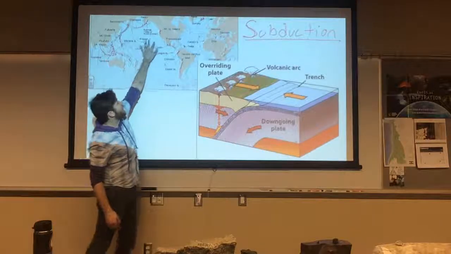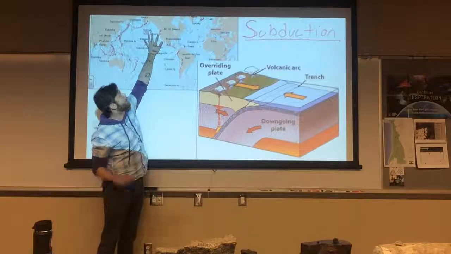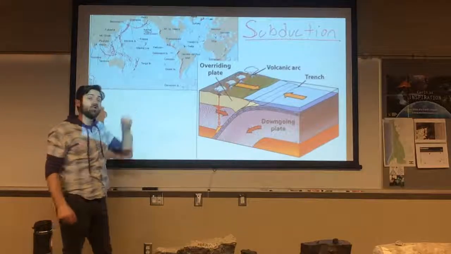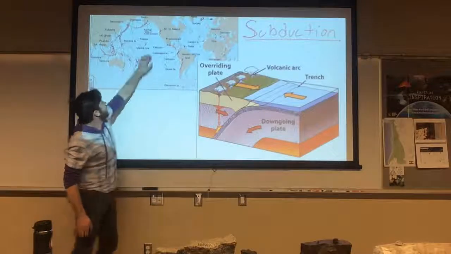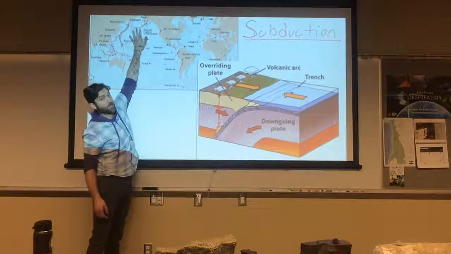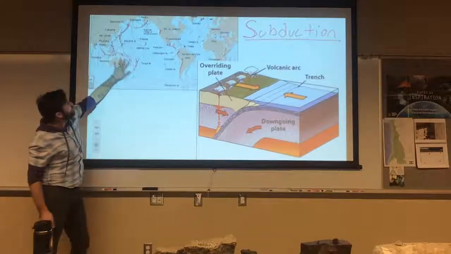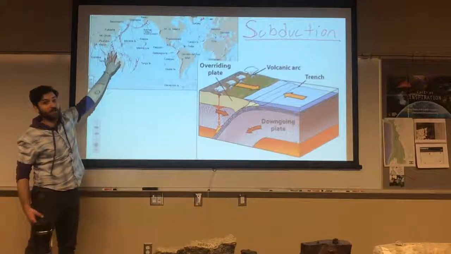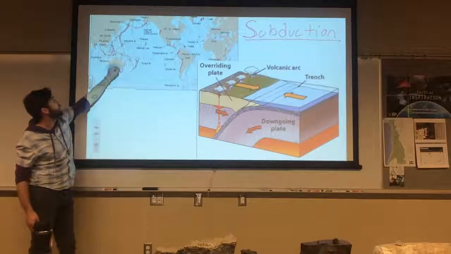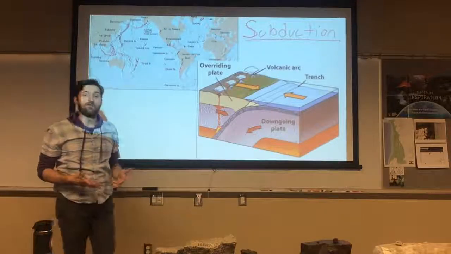And then also up here in the Pacific Northwest, we have the remnants of a more ancient plate, or today what's called the Juan de Fuca Plate, that's subducting beneath Northern California, Oregon, Washington, and British Columbia. And then also the Pacific Plate subducting beneath this other portion of the North American Plate to make the Aleutian Islands here in Alaska. Then all the way down the western Pacific as well: the Japan arc, the Marianas Islands, the Tonga arc, the Indonesian arc. Subduction on every side of the Pacific plate.